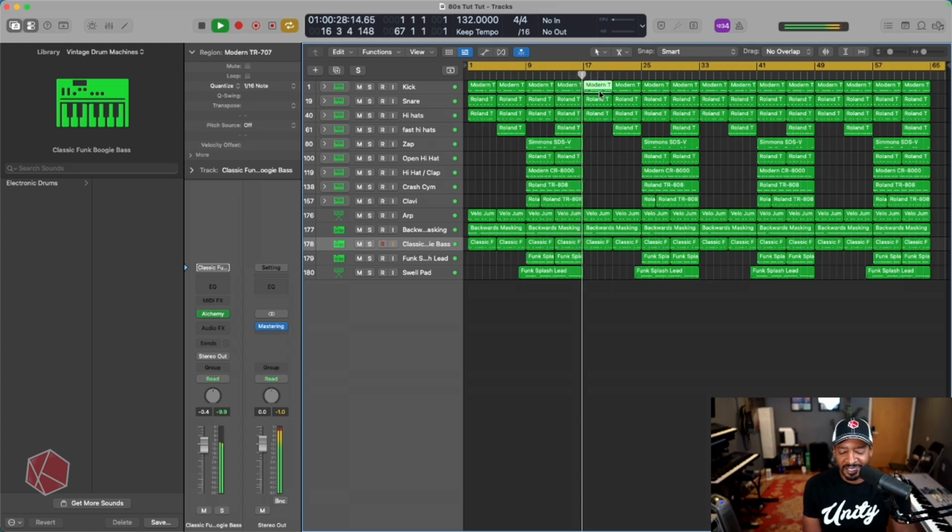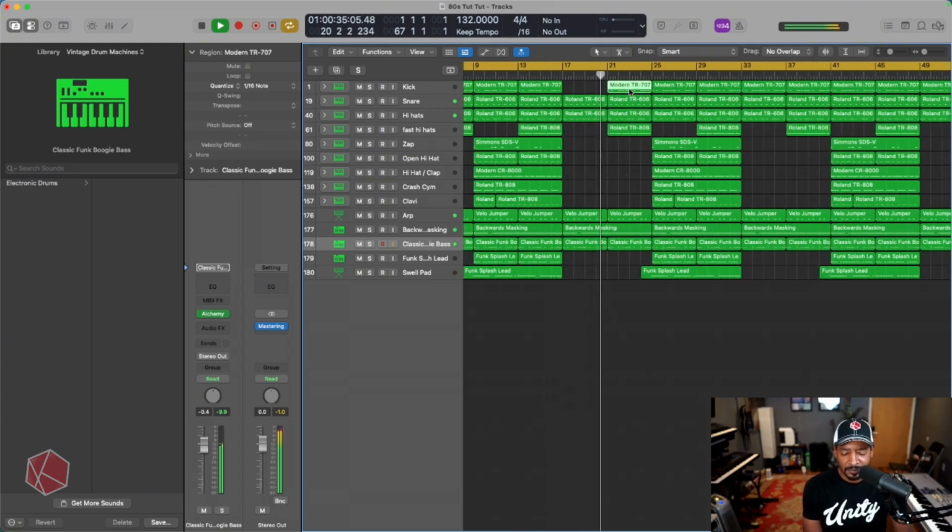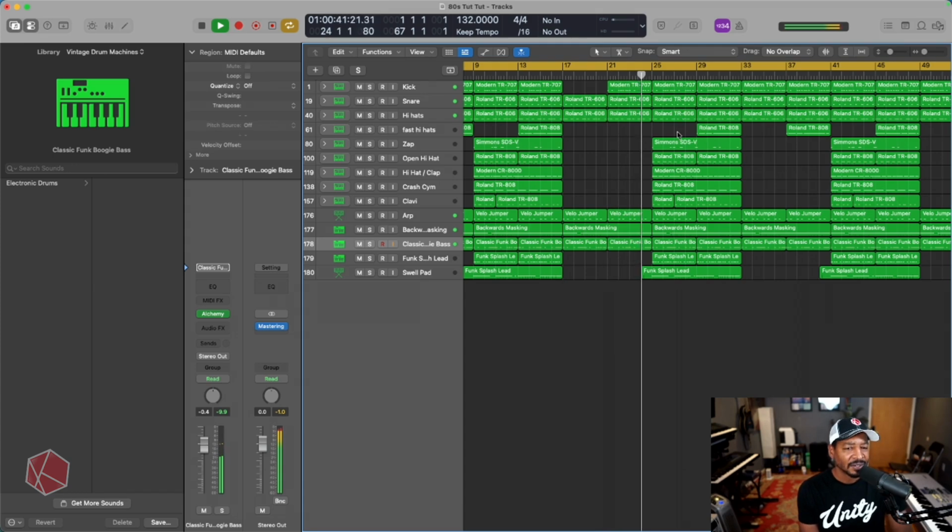And we can go in and change some things up. Maybe take those hi-hats out right there. This is more of the arrangement side, but